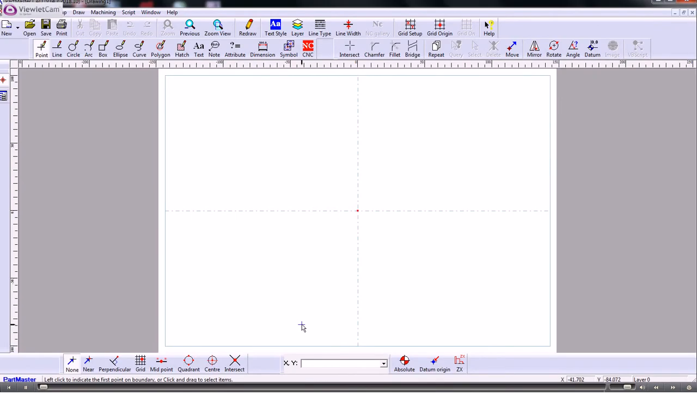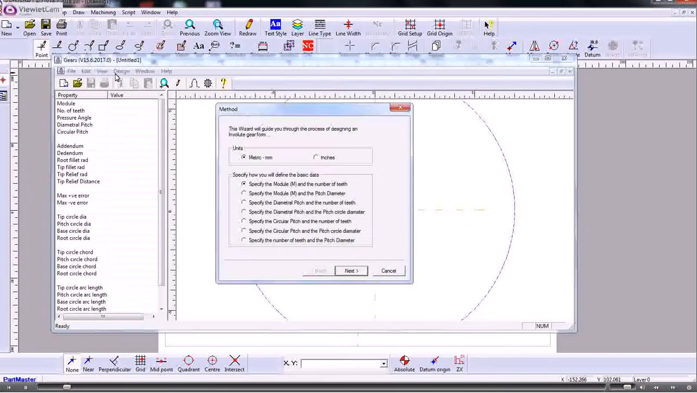create an involute gear form, but rather than machining it in the XY plane, we'll machine it as a Z profile. I've started the PartMaster 2D CAD system here, so we can use the involute gear function that we have within the software. To use that, we can go into machining, involute. So this calls up the involute gear